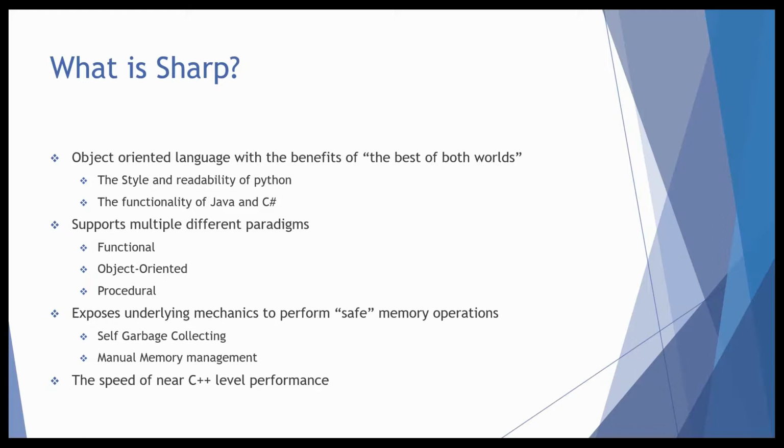language. And the benefit of this is that you will have, of course, the object-oriented programming paradigm, but you also have a functional programming paradigm in the language, because I get that from the Python style of the language. So you don't have to always work off classes. You can do strictly functions if you want. I actually created a game in Sharp where I only use functions. It was a snake game, and I never resorted to using objects because I didn't have to, and that was kind of really nice. But you also have a procedural programming paradigm, and what that is, Sharp allows you